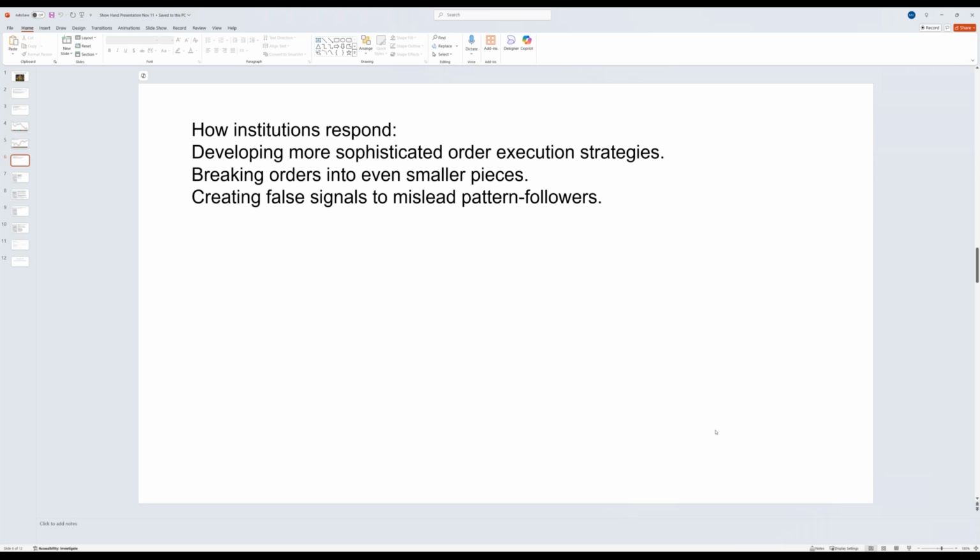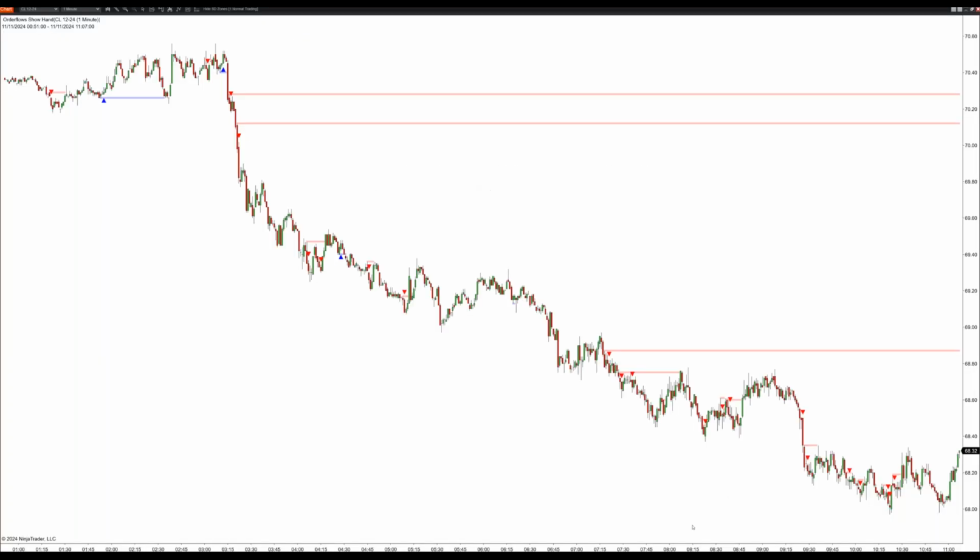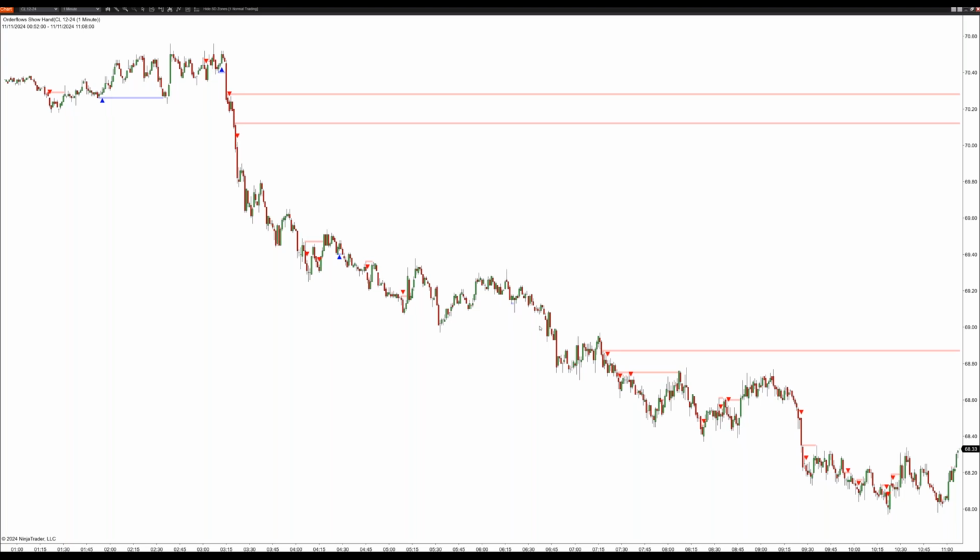People that watch a simple bar chart or a candlestick chart, looking for patterns, okay? And really what you want to do is identify where the institutional buying or institutional selling is coming in. This is crude oil this morning, okay? I'm going to take you through